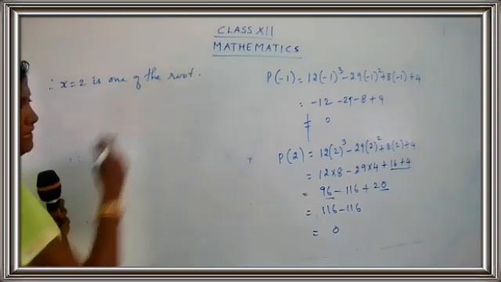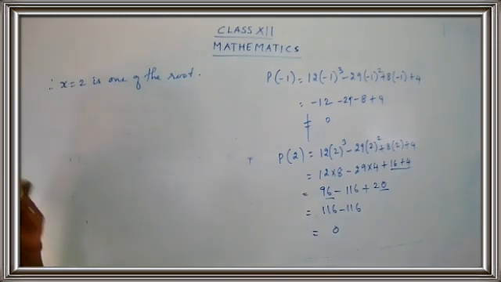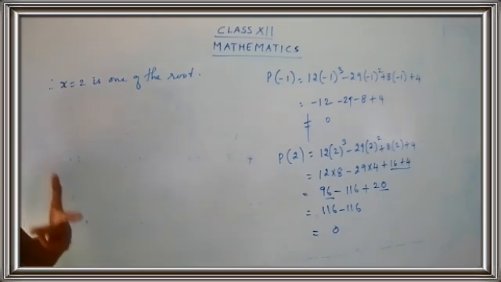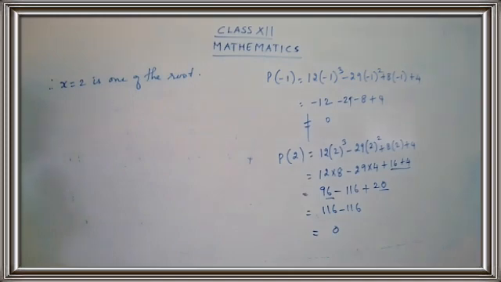Now we dealt with the equation which is a cubic equation. We had the highest power as 3. If the highest power is 3, that means how many roots are you going to get? You're going to get 3 roots. But now we have got only 1 root. So we have to find out 2 more roots. Let's see how to find the remaining 2 roots. We have P of 2 is equal to 12 into 2 cube, and we got the answer for P of 2 as 0. So now we are going to use the synthetic division method. Do you remember the synthetic division method?